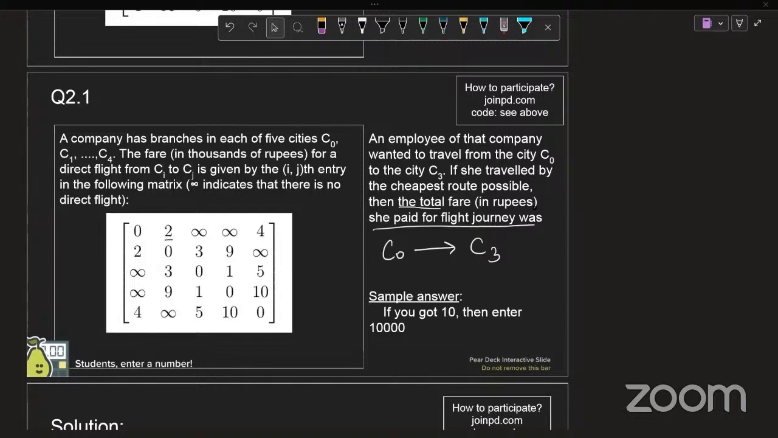Are you able to draw the graph? If you are finding difficulties in drawing the graph,